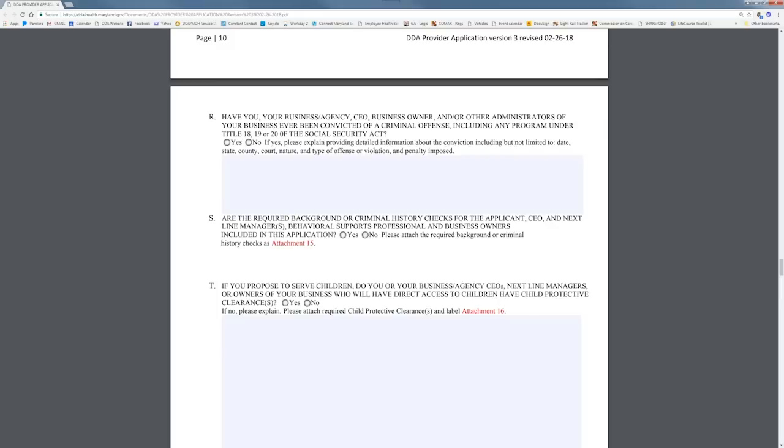Therefore, a current provider's CEO or executive director and the provider's first-line managers who have oversight for those services in which approval is sought must have current criminal history and background checks. If you are seeking approval to render services to children, a current provider's CEO and executive director and the current provider's first-line managers must also have Child Protective Services clearances from the local DSS, and this information should be included